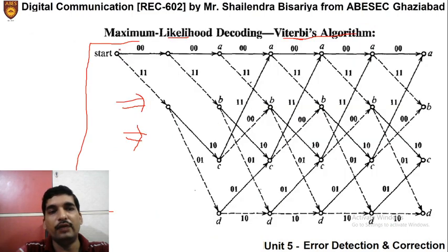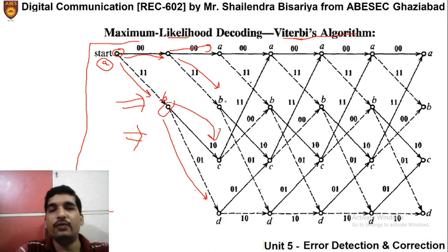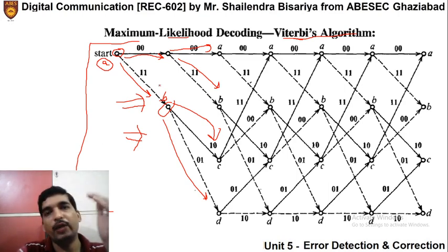That means we will start from the initial condition. In the initial condition, we know that all the bits are zero, so the initial state is A. And from state A, where can it go? We have seen that from state A, it will either remain in state A or go to state B. From state B, it can go either to state C or to state D, right? So we have to follow this again in the same manner in this form. So how will we do that? Let us go step by step now.